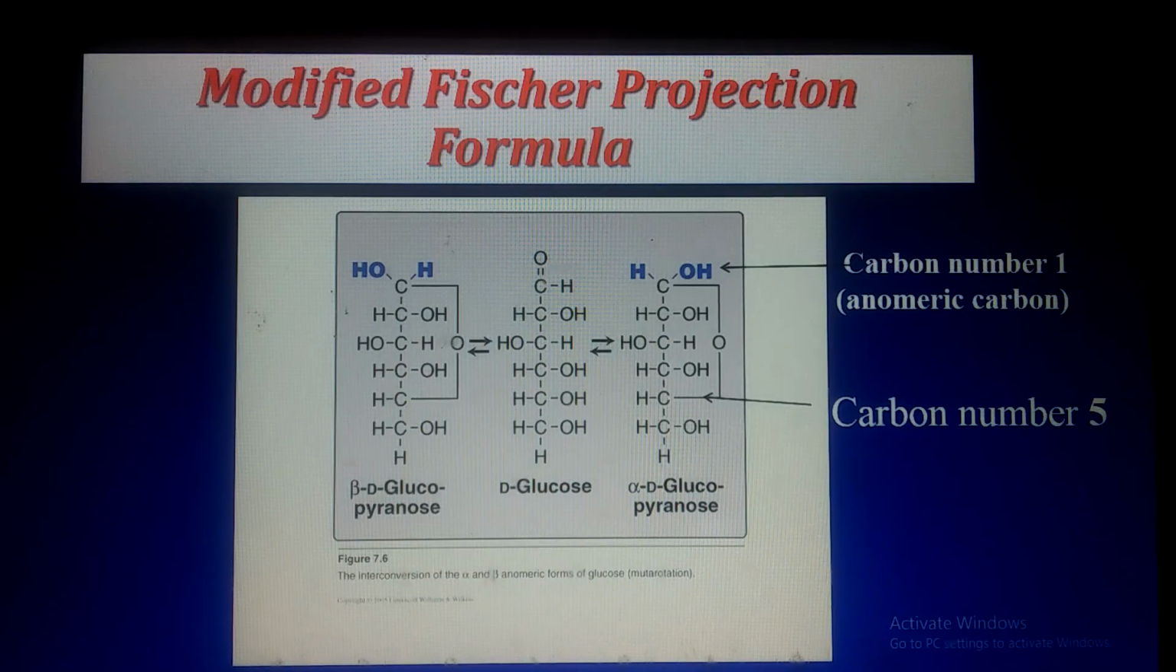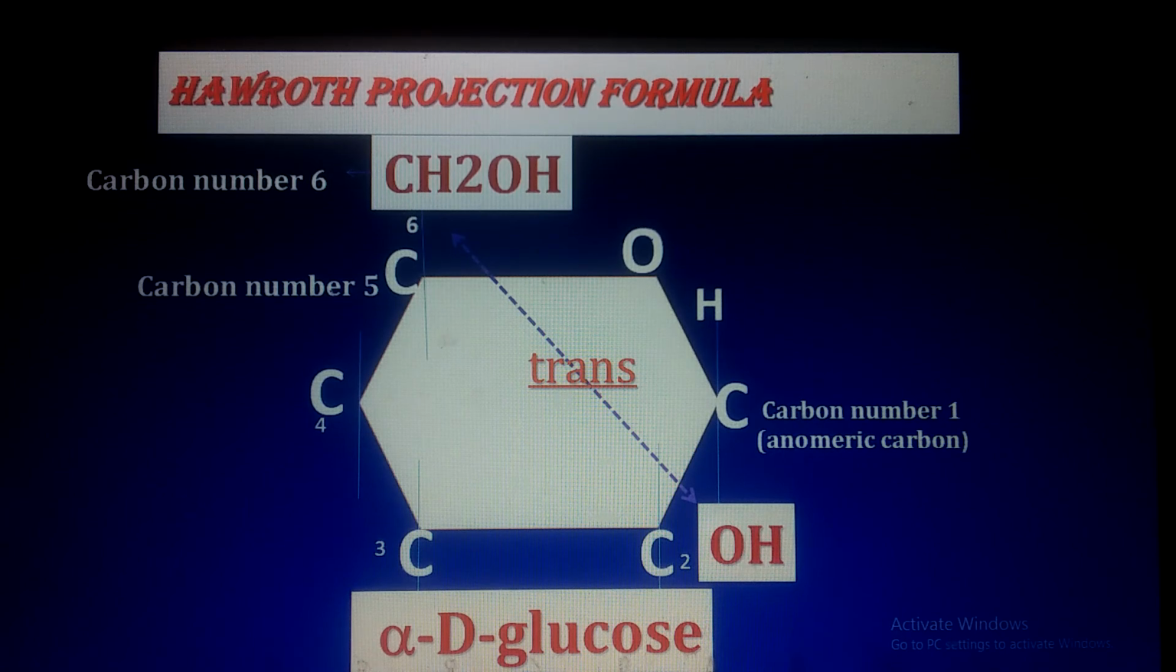I will show you here. This is a simple modified Fischer projection. This is the simplest, which is two-dimensional. But if you move towards the Haworth projection formula, this is the trans. And you can see here, after cyclizing, what will happen? CH2OH and OH, this is carbon number 1. And this is H and this is OH. So CH2OH is present on one side and OH present on the other side. So this is the mechanism in which you can say this is a trans form. This is the trans form in which CH2 and OH are on different sides of the D-glucose,